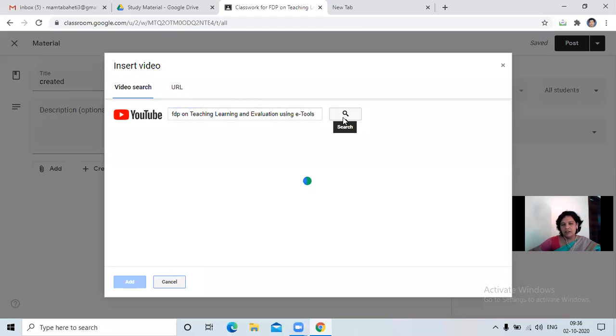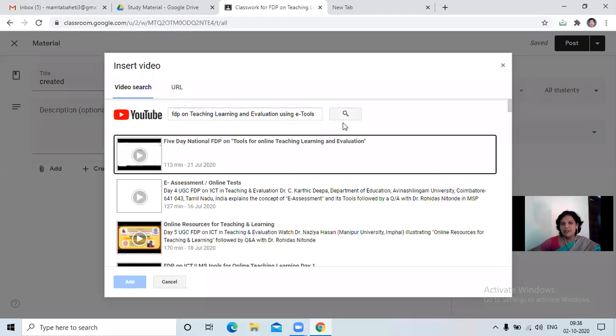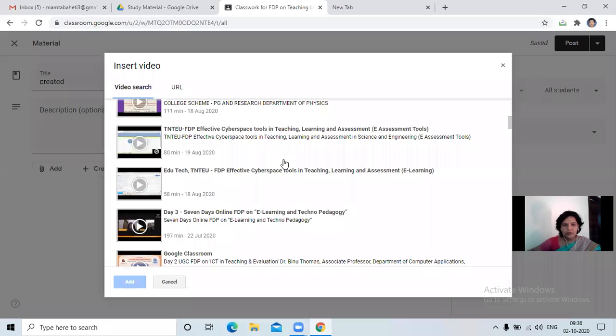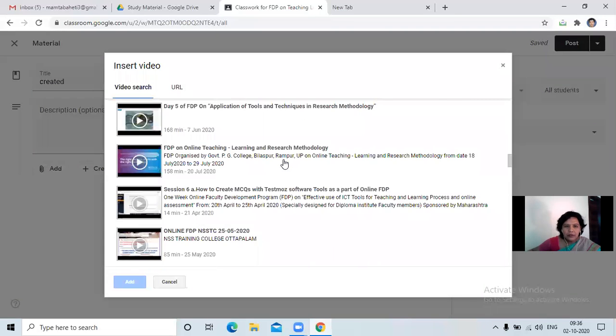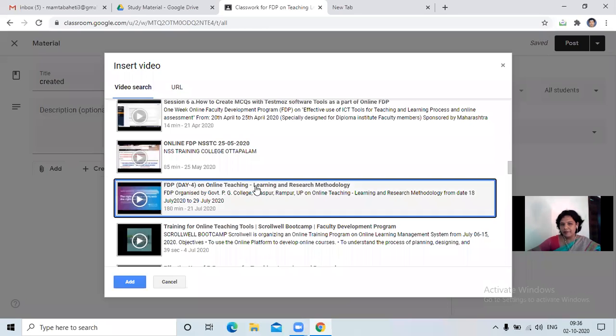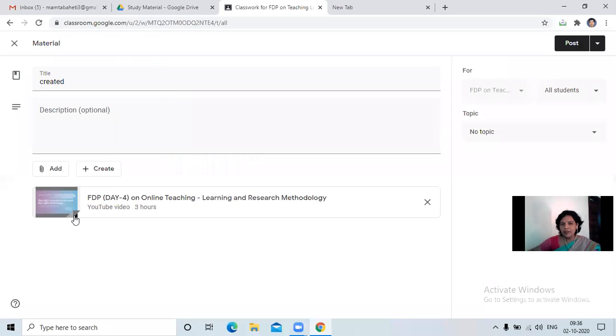As the repository of YouTube is very detailed, suppose this is the particular file, just for an example we are taking it. So what we will do, we'll double click it or click on it and save it and click on the add button.